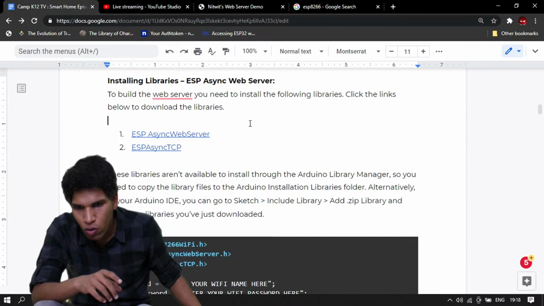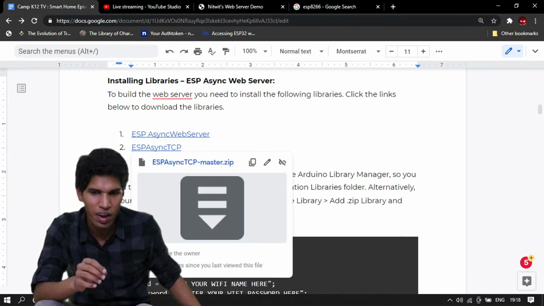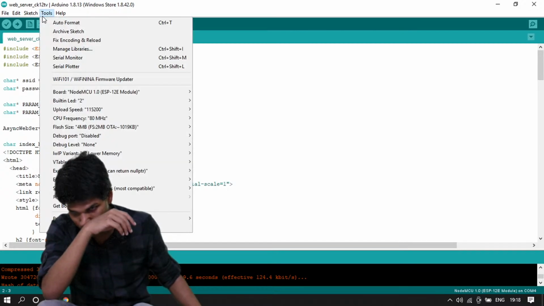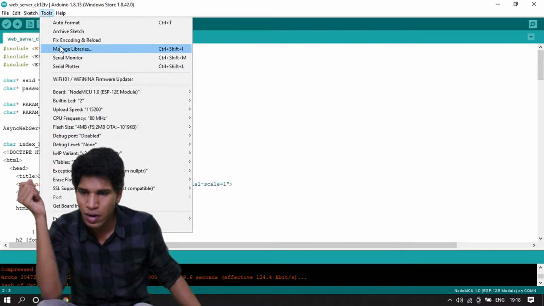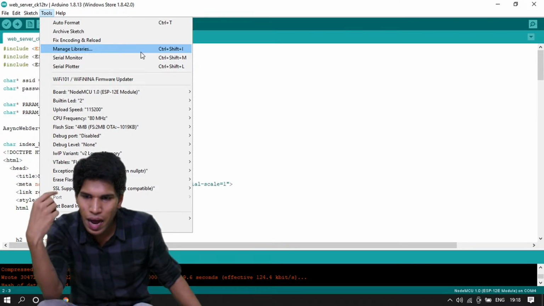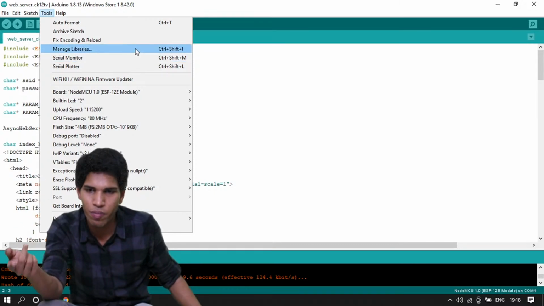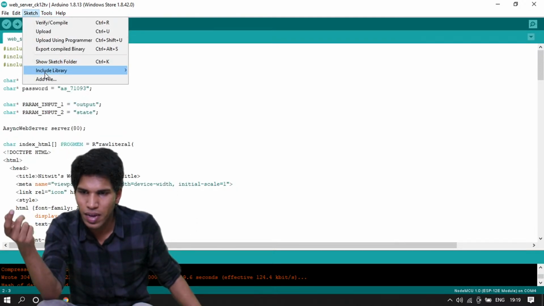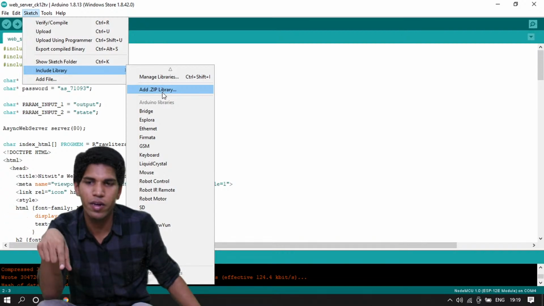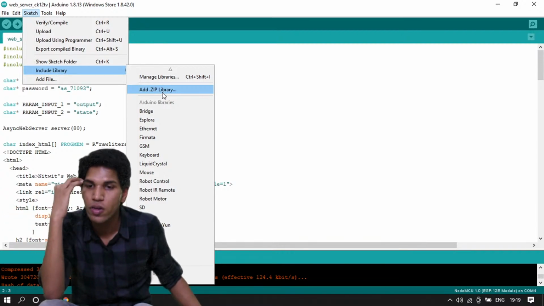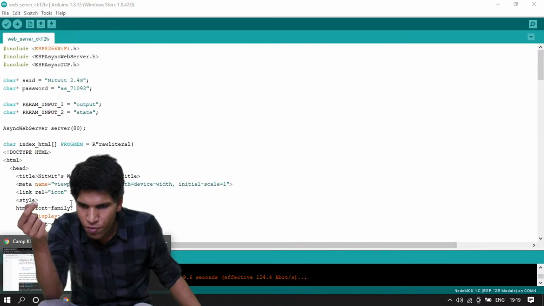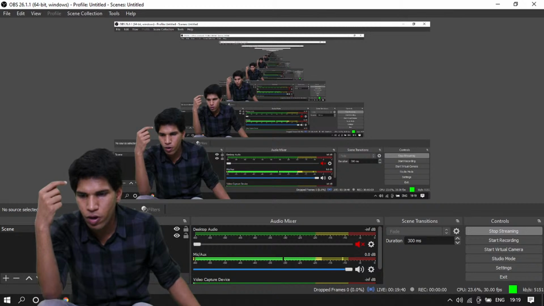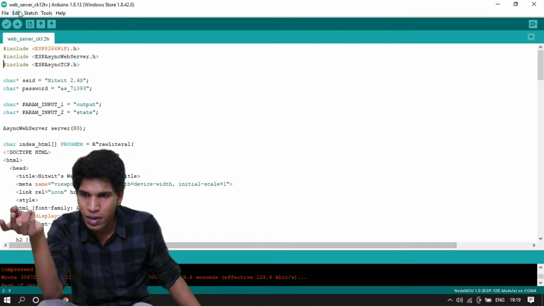Download these two libraries' zip files, and open up your Arduino IDE.